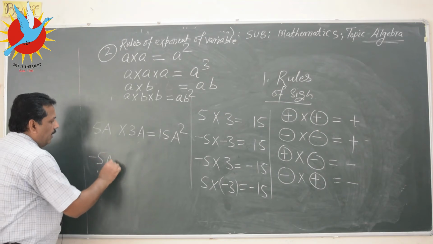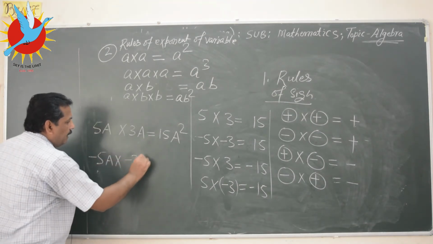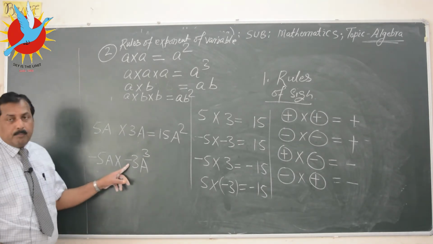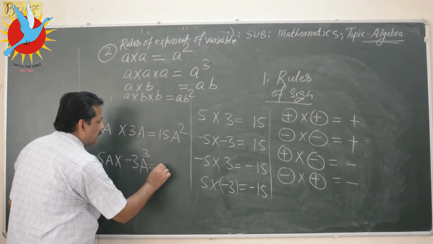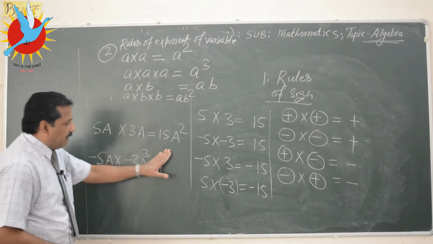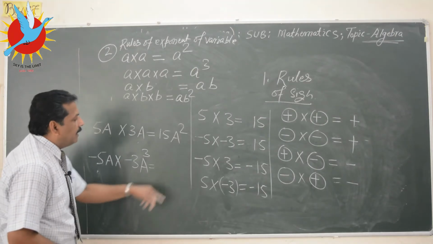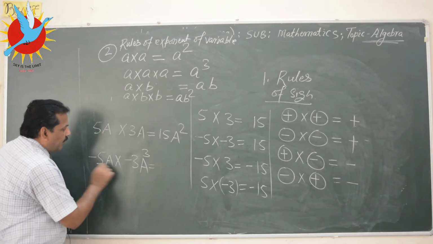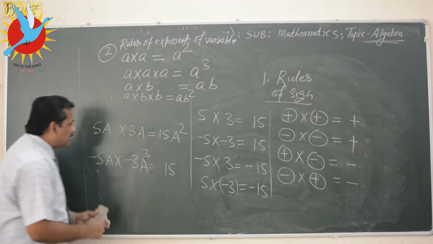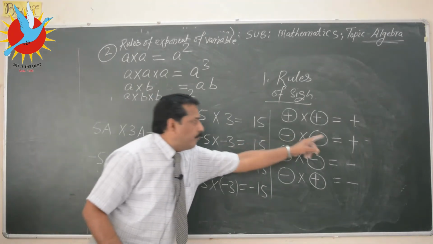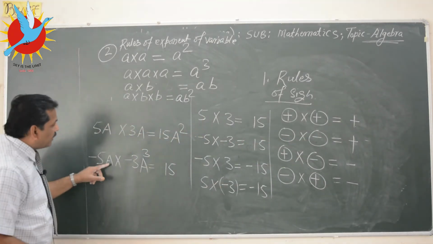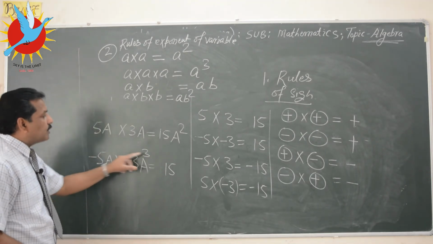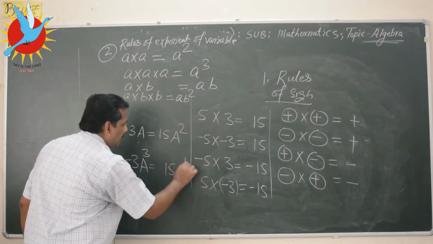Let us take another example. Minus 5a multiplied by minus 3a to the power 3. Let us check it. So minus multiplied by minus, the result will be plus. You may write it, you may not write it. It is understood here. If there is no sign, obviously plus will be understood. What about numbers? 5 3s are 15. What is the sign? Minus into minus is plus. What about a and a to the power 3? The power is 3, the other power is 1, 3 plus 1, that is a to the power 4, and that's all.